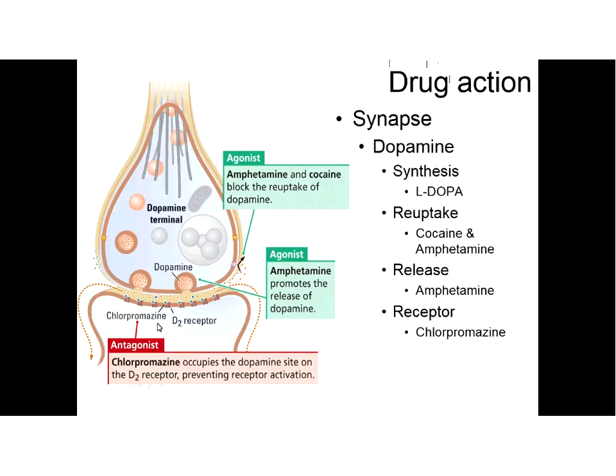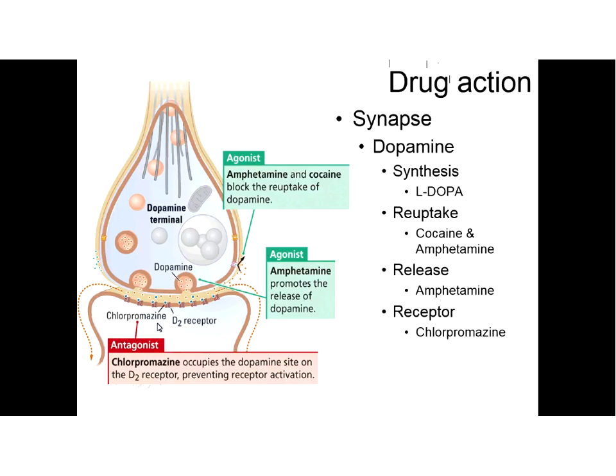Interestingly enough, we see that amphetamine also causes the presynaptic release of dopamine. So amphetamine will actually cause the dopamine transporters to run in reverse, causing dopamine to be actively released from the presynaptic membrane. So amphetamine is doing a lot in terms of aiding neurotransmission, and it's a strong agonist of the dopaminergic